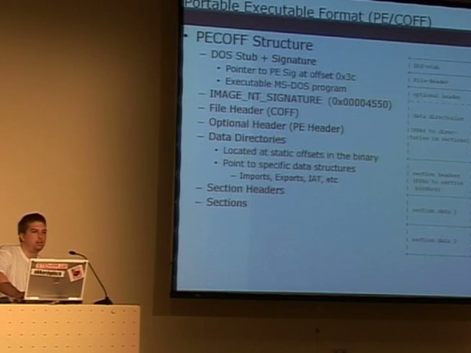PE, of course, has the same significant information that tells the operating system how to load it as well. It's a little more cumbersome to parse. It's not quite as straightforward as ELF, where you basically take the base address plus an offset to either the section header table or the program header table, and multiply by the index of the section header that you want to address. Whereas in PE COFF, you tend to have to follow a more indirect path to actually get those offsets